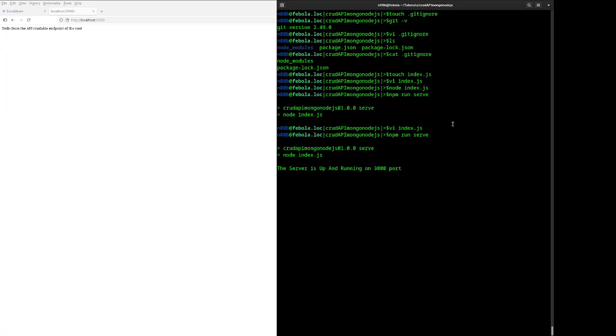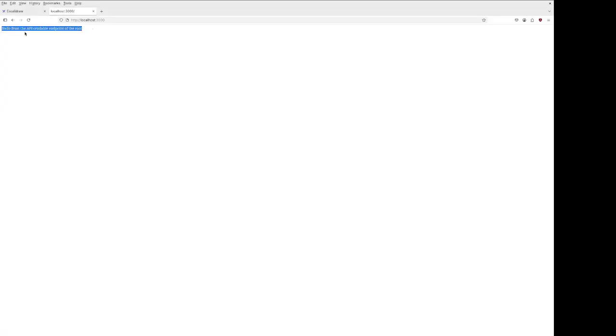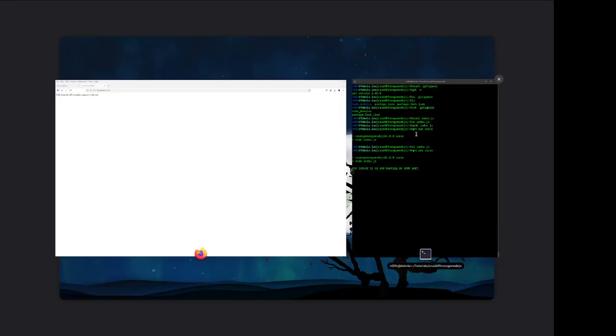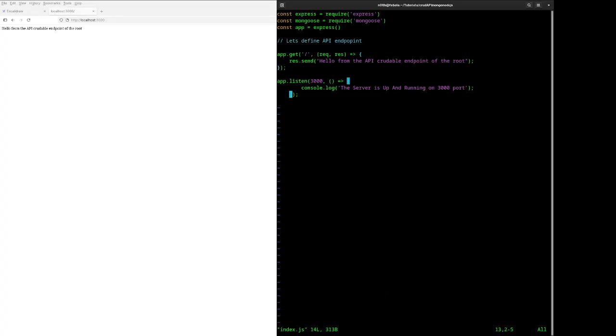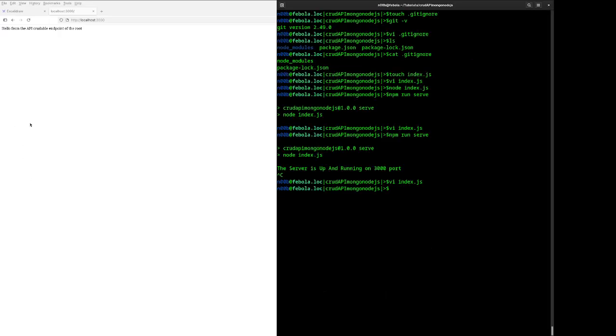So you see what we did here, we output to the console that the server is there, but we actually get the output to the user session in the browser, to this little API endpoint that we did. Look, now we stop this, we change here hello from the API, from CRUD endpoint of the root, answered by noob, you know. And now if I refresh this,